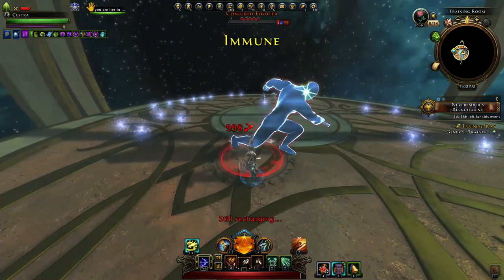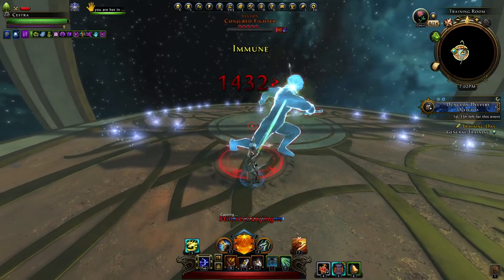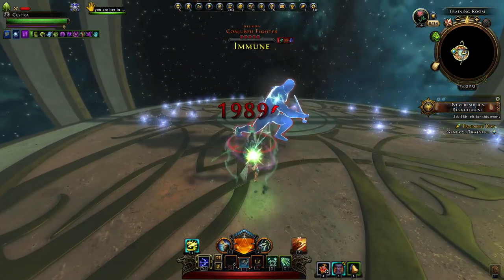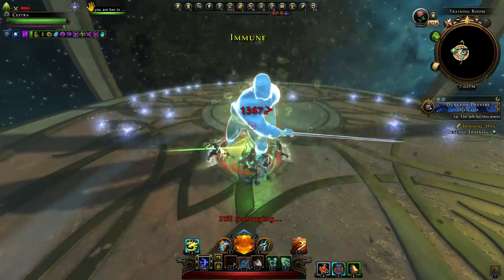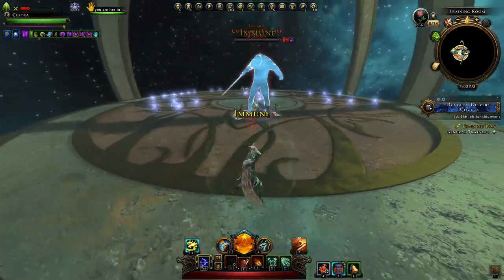I would prioritize it over using Aim Shot, because as much as Aim Shot does do some damage, it's better to get your cooldowns back up, based on how I play and how most of my stuff is encounter power based. So yeah, you would do that, and then